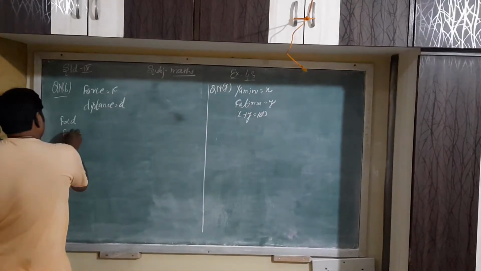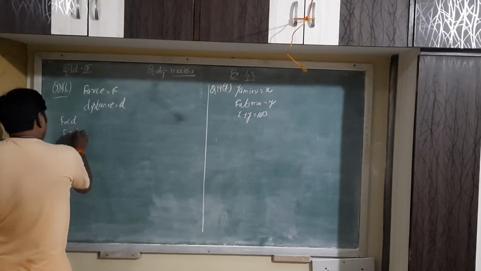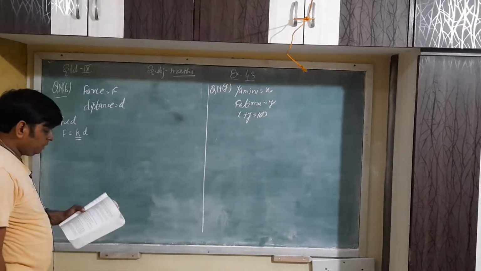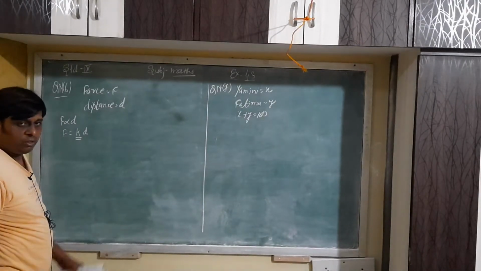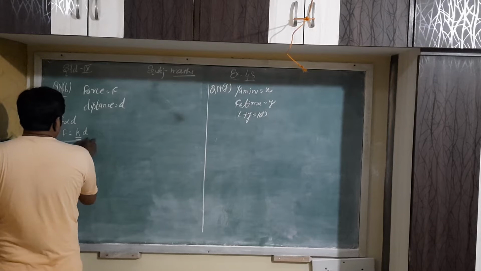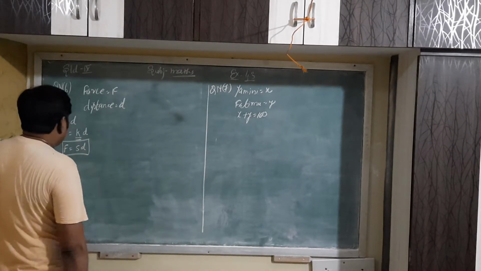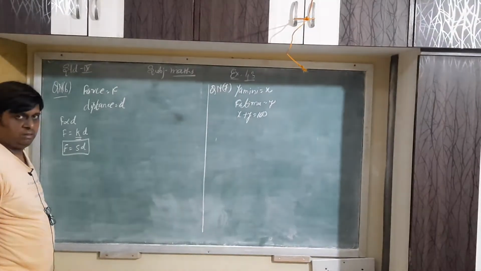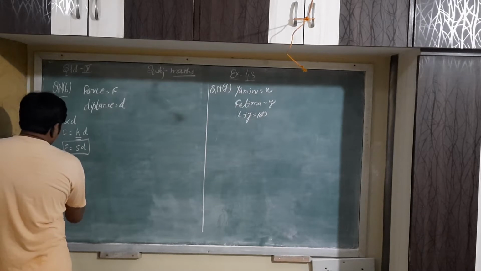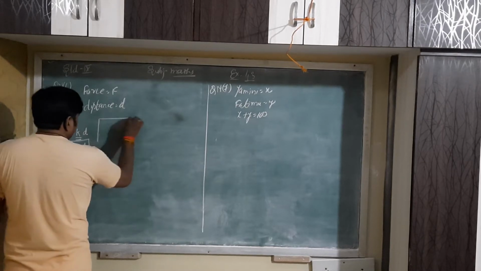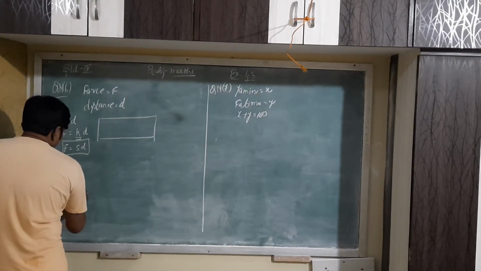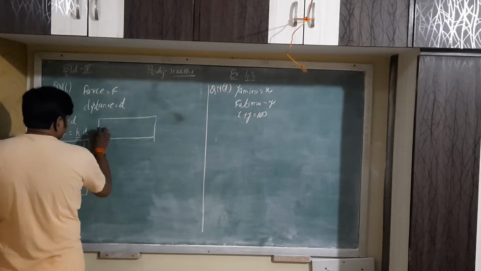If this sign is converted, F equals a constant times d. This constant value is given in your book: the constant is 5 units, so k equals 5. Now we draw the graph of this equation. Suppose F is x and d is y. Make three solutions. So what is the equation? x equals 5y, right?